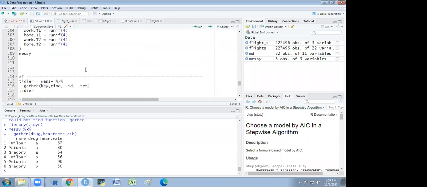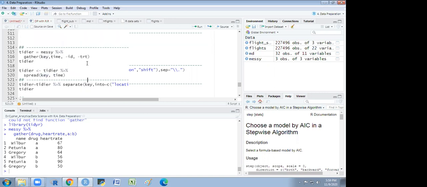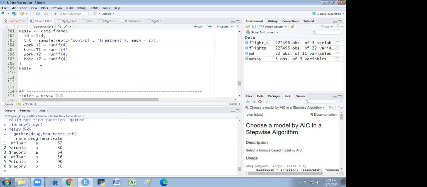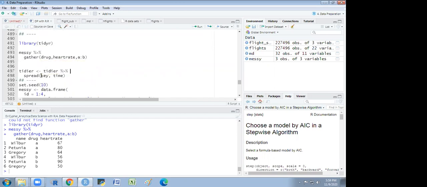I just write here drug. Where I have put it?